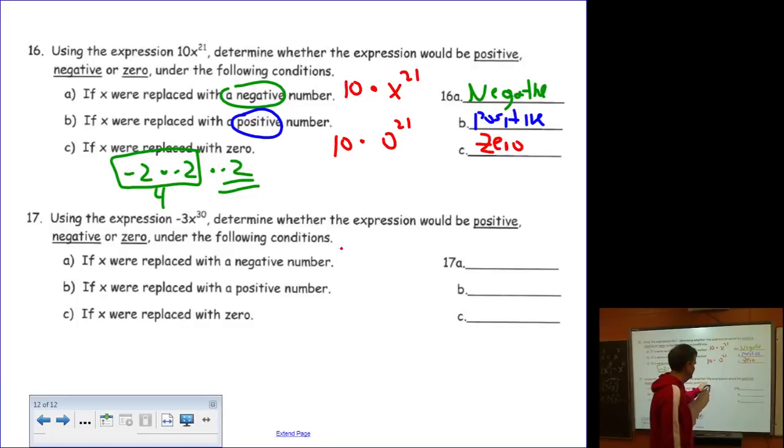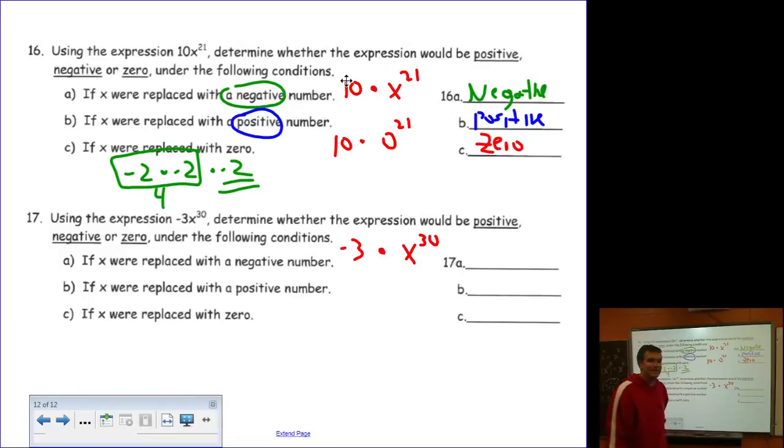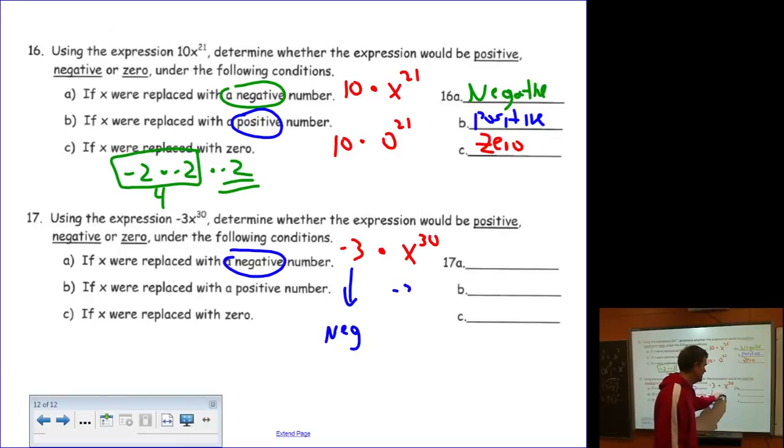Last question. Negative 3 times x to the 30th. All right, again, look at the sign of the two things you're multiplying together. The sign of negative 3 is negative. What's the sign of x to the 30th? Well, that might depend on what you put in for x. If you put a negative number in for x, like say negative 2,